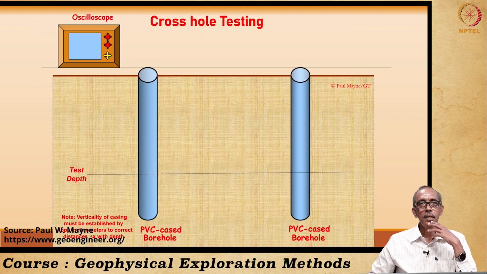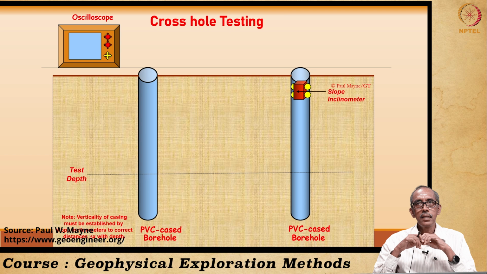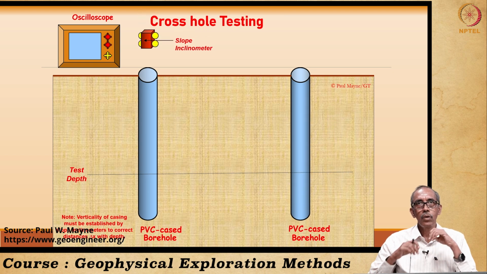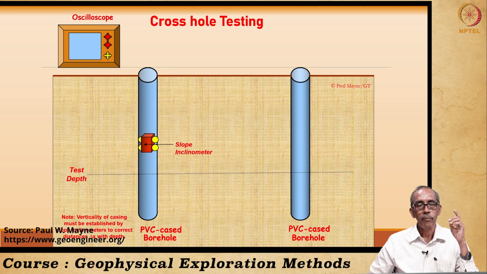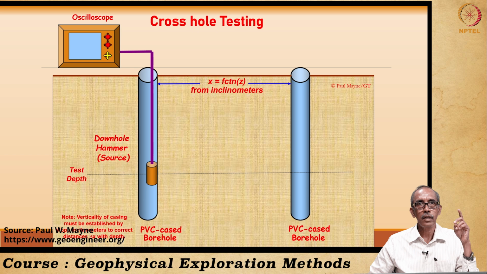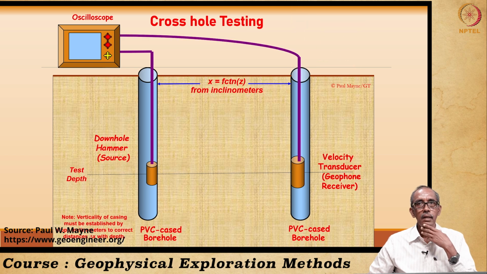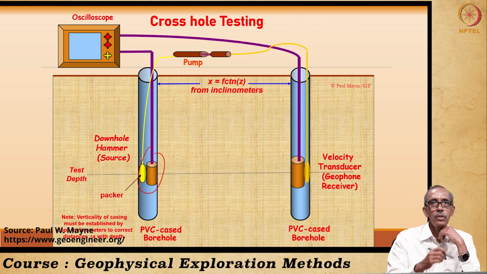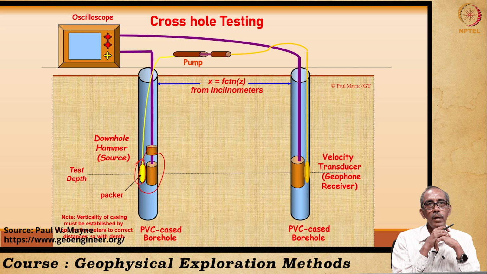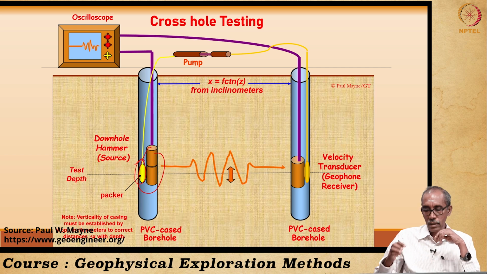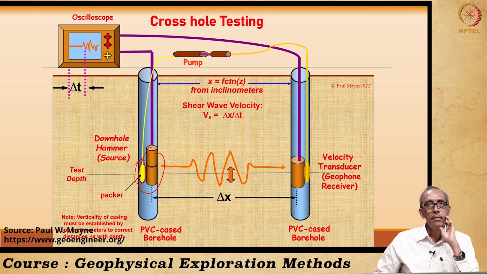In the picture you will see, here what we see is two boreholes. First of all, to know whether the borehole is drilled perpendicularly, vertical, we conduct an inclinometer survey, and here is the hammer which is a source. And as I told you previously, we have a packer. With the help of this packer, we have made the tool touch the wall of the well.